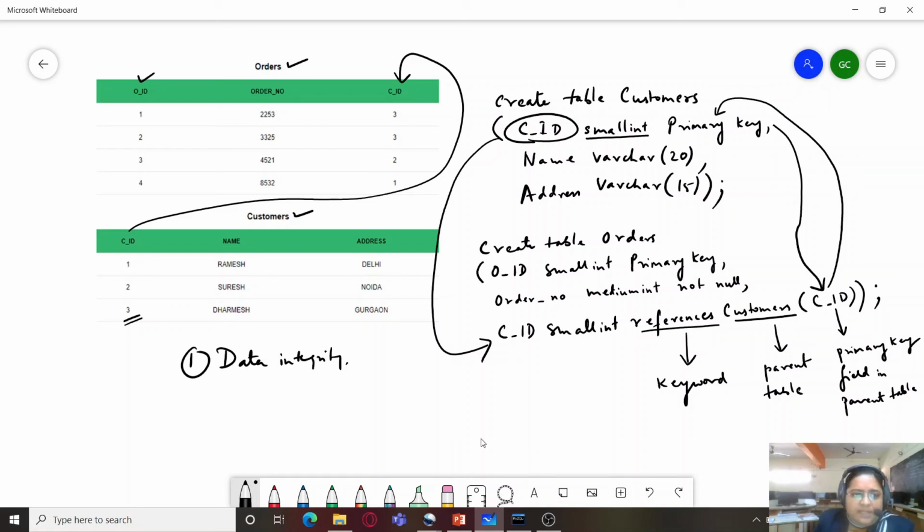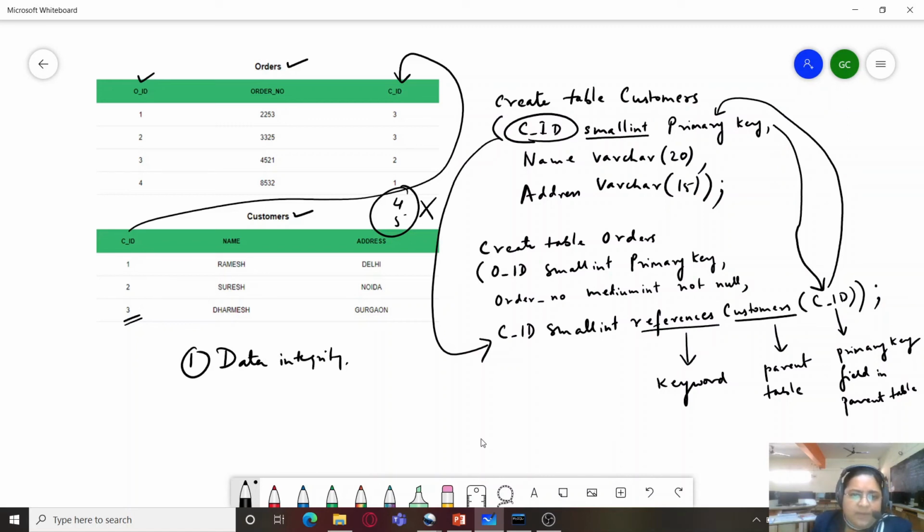So if I try to use 4 or 5 as the customer ID, that will be considered incorrect. MySQL wouldn't allow that, because 4 and 5 don't exist in the original parent table.